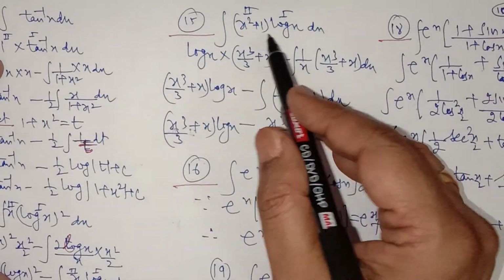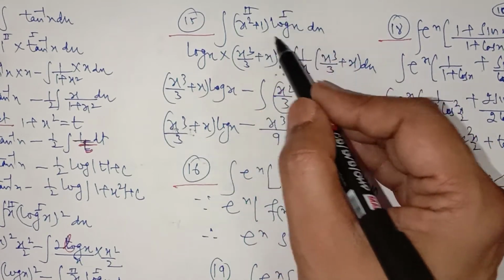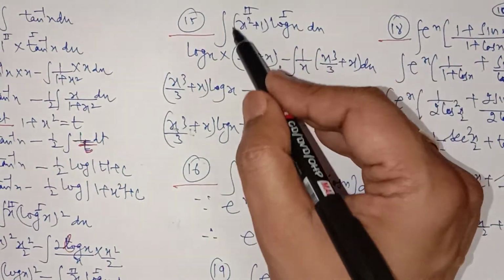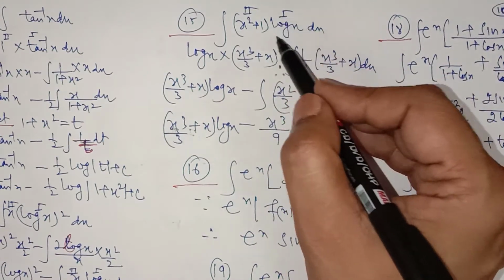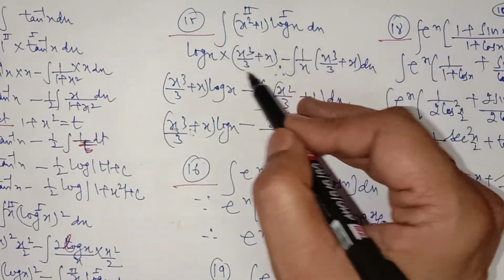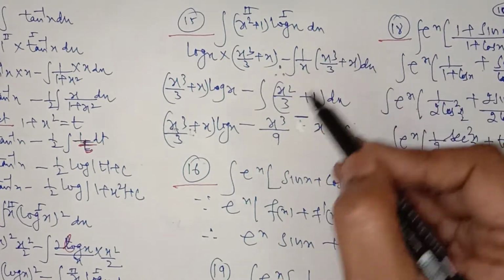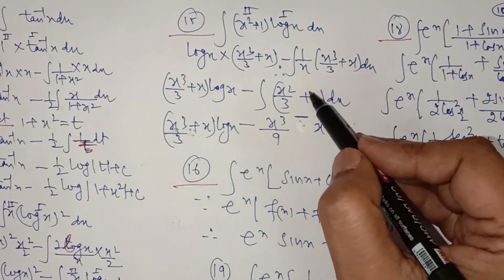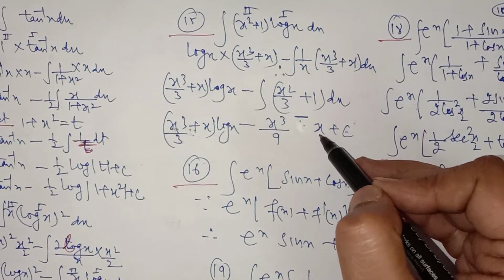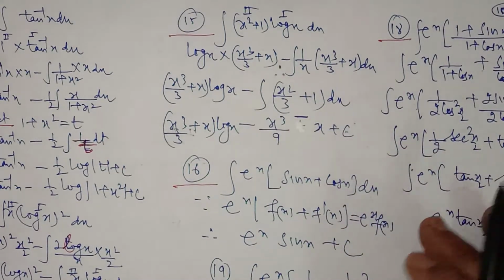Again, we have algebraic and logarithmic. So logarithmic function first, algebraic as second. So first function as it is, integration of second, which is x cube upon 3 plus x, minus derivative of the first, which is 1 upon x, multiplied by the integration of second, which is x cube upon 3 plus x. Multiply and open the bracket. You have to integrate x square, which is x cube upon 3, integrate 1, whose integral is x, taking care of the negative sign. This will be negative, this also negative, plus c.